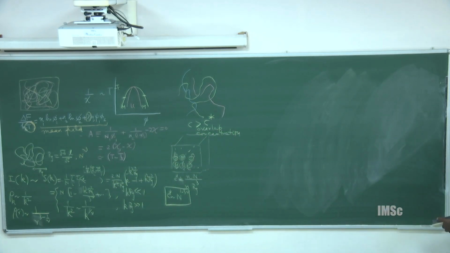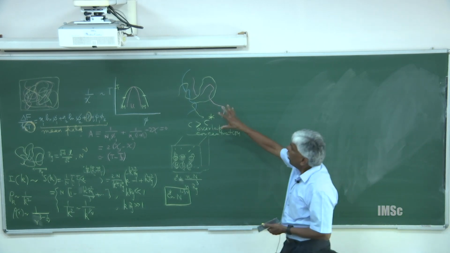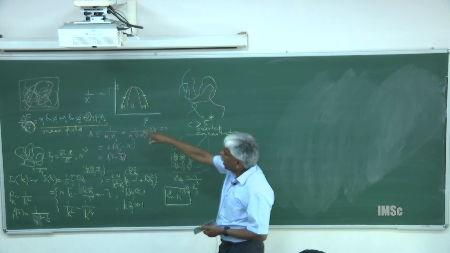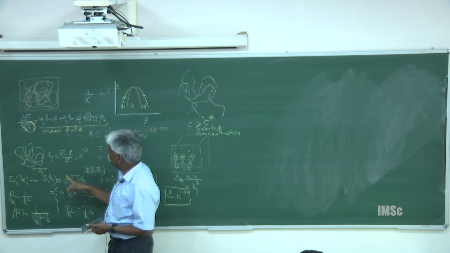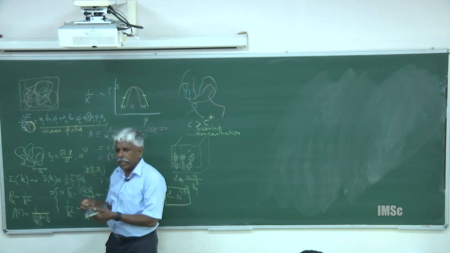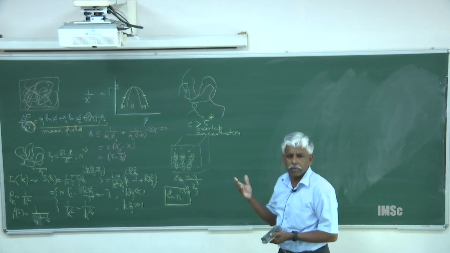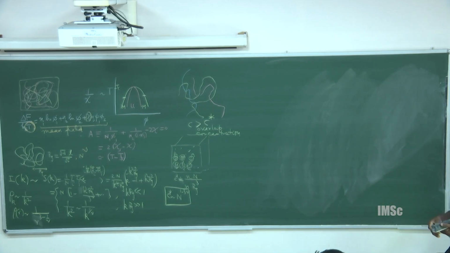What I showed in the last lecture is that when you have interpenetration, the interaction between two segments, which is responsible for this nu, gets screened. We talked about Edwards screening, right? The excluded volume interaction gets screened. We had a nice discussion with Devayan this morning. So what is the consequence of this?